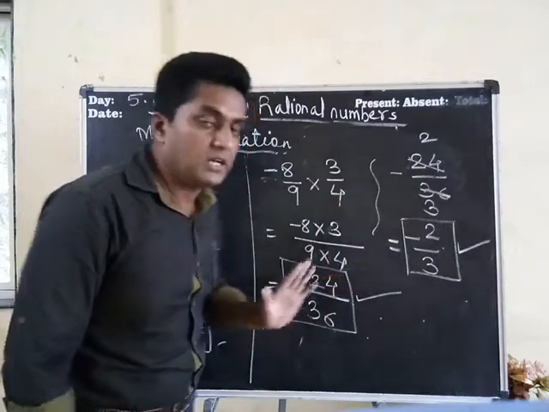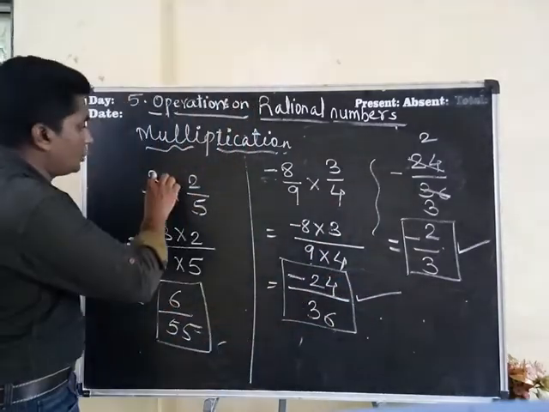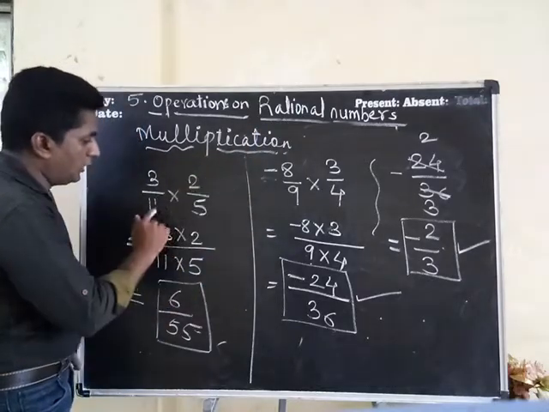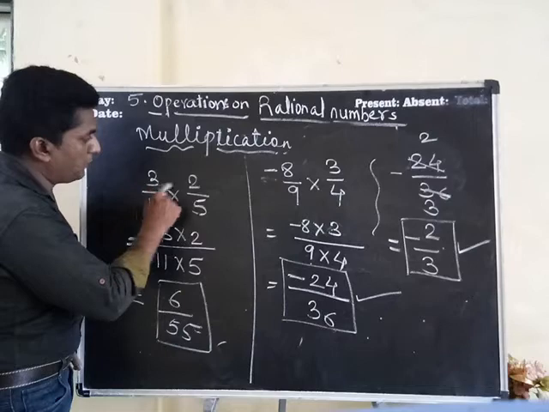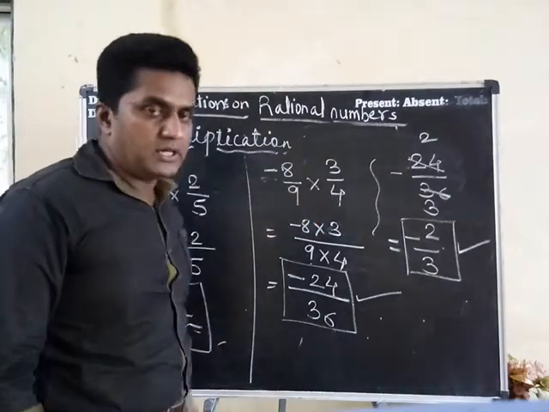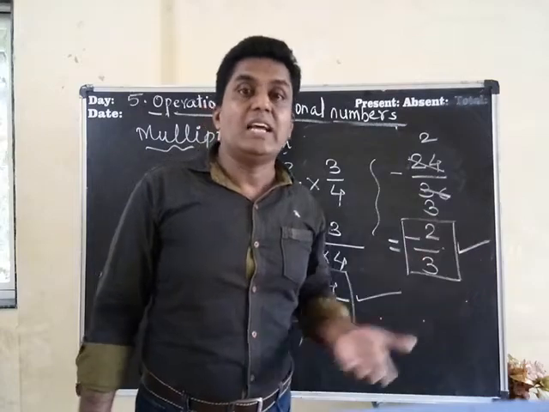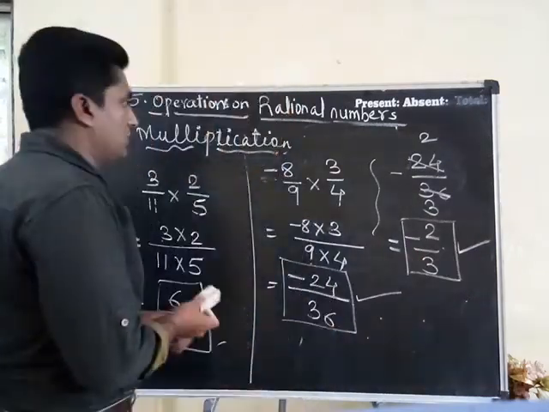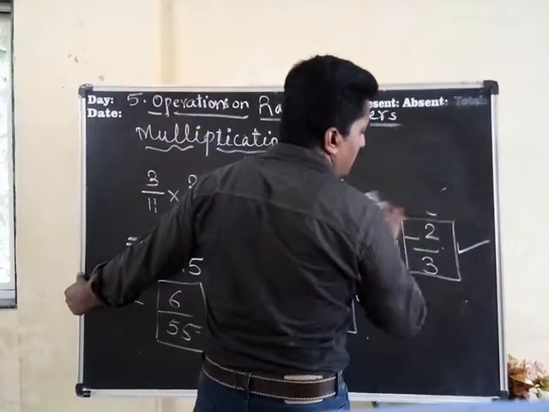Both answers are right. But what is important here? Two fractions, when they are to be multiplied, or rational numbers to be multiplied, copy the denominator as it is, copy the numerator as it is, multiply them and your answer is ready. Okay everybody? Now the next one is division of rational numbers. What is division of rational numbers? It is very different from multiplication.